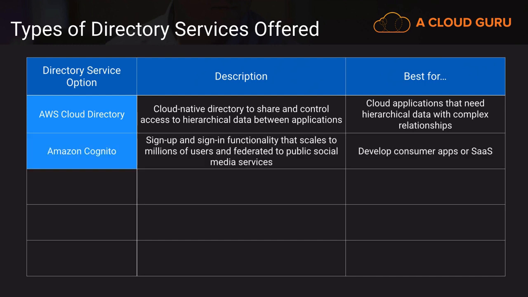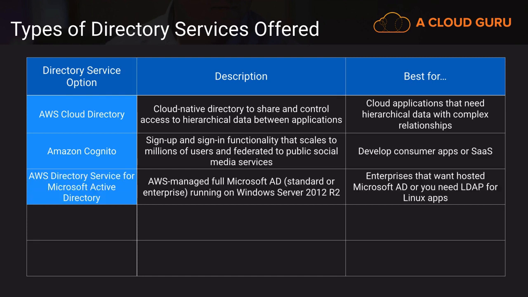within that data. Then we have Amazon Cognito, which has some sign-up and sign-in functionality that's really designed to scale to millions of users. It also has some federation that we can connect to a lot of the popular social media services out there. And it's generally used to develop consumer-facing applications, or maybe you have a software as a service. Its real benefit is it offloads you from having to create a lot of these sign-up and sign-in functions